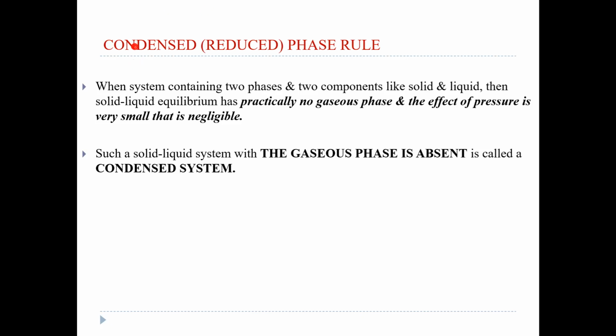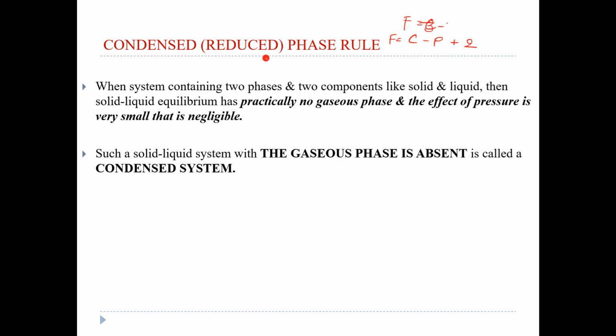Okay, in the previous video, we saw the phase rule where we took only one component system, and the formula for that was F = 3 - P + 2... sorry, F = C - P + 2. Now we are talking about the condensed phase rule. So what exactly have we condensed over here?